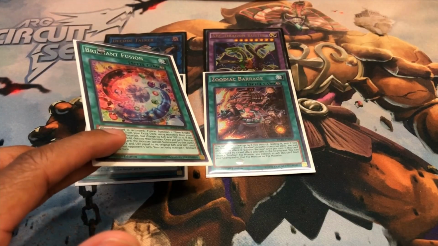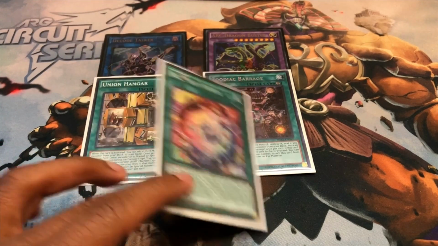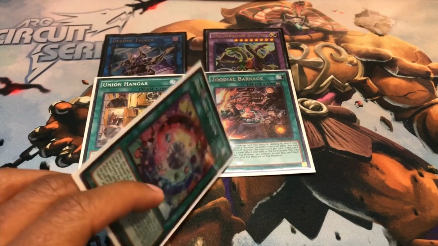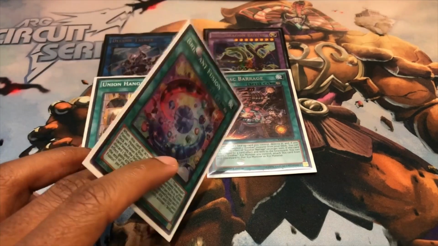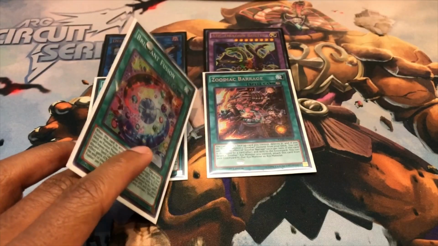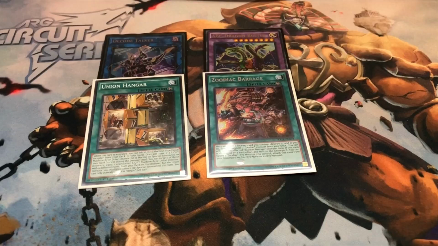which is why I want to just highlight them so you can make your own informed decision on what you want to play in your ABC deck, and you also can combine some of them. And so like you can play this and Brilliant Fusion, or you can play Zoodiacs and Gadgets, or whatever combination of extenders you want to play. You just want to be sure that you're able to evaluate them correctly and choose which ones work best for you. But anyways, that's all for the Zoodiac combos and ABCs,